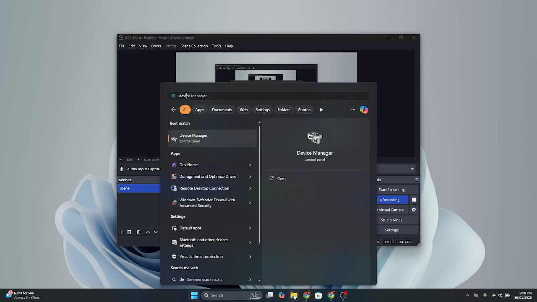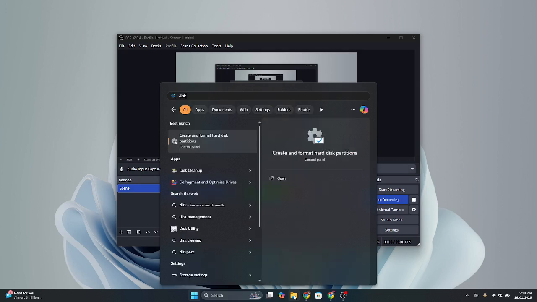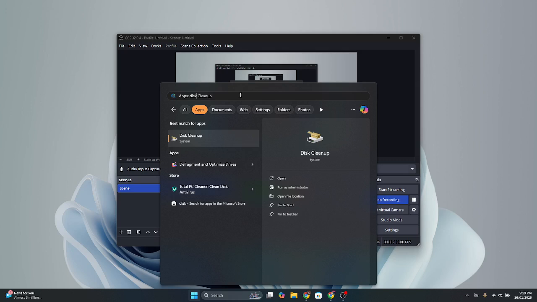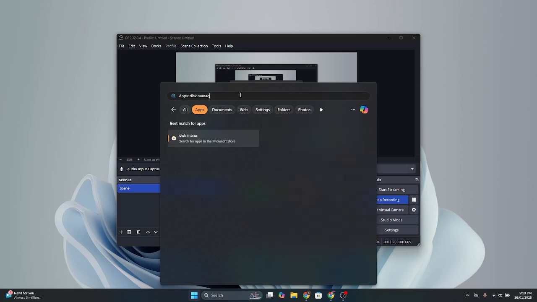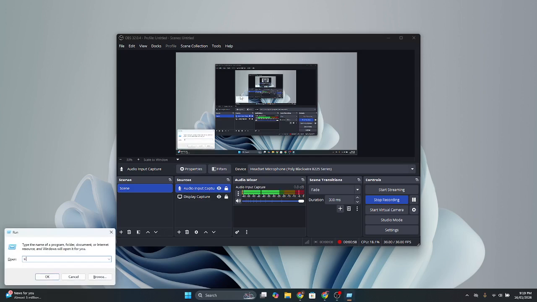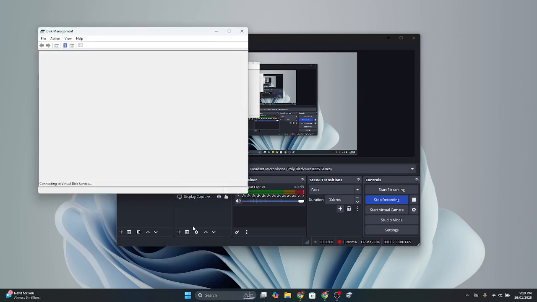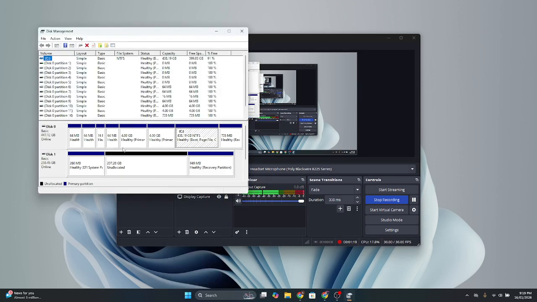Let me just do something real quick. How do you open Disk Management again? Oh yeah. Yeah, so this is